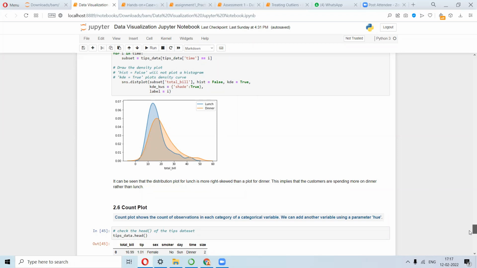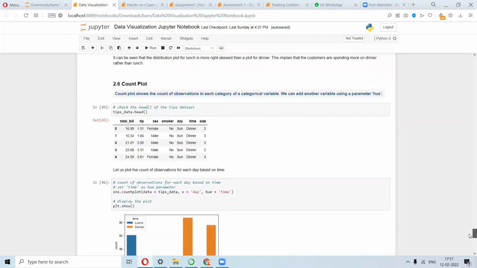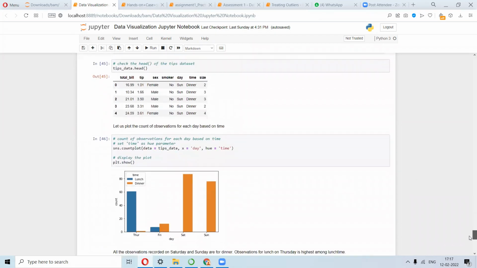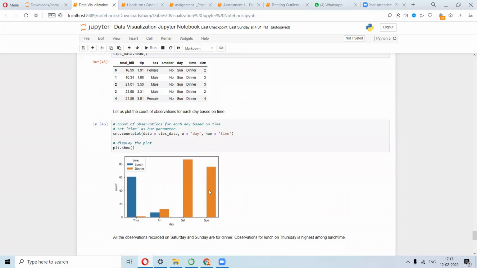Okay, and then you have the count plot. Now we advance from the general bar plot. If you want multiple bar diagrams, or want to divide the data, we can use this count plot, and you specify the data, x as day, and hue as time.